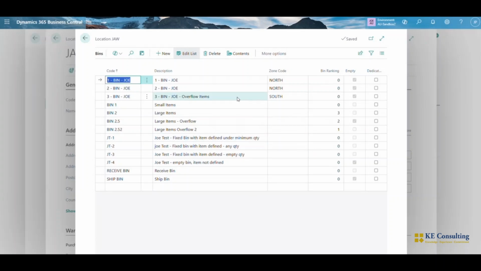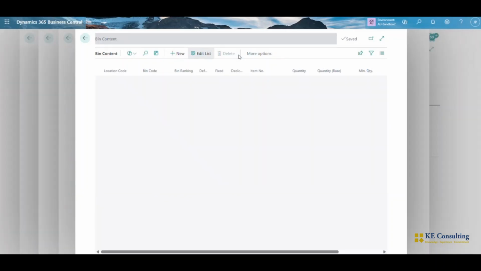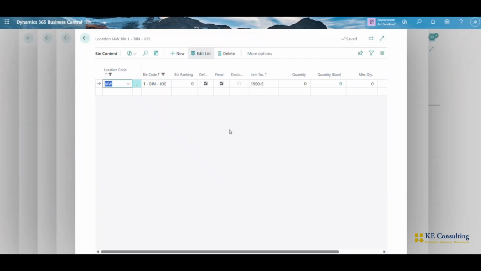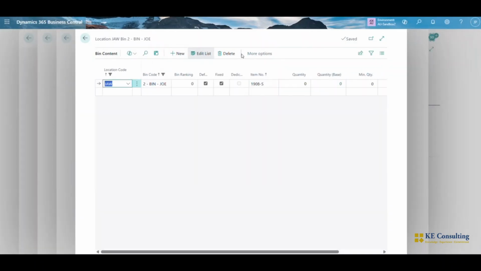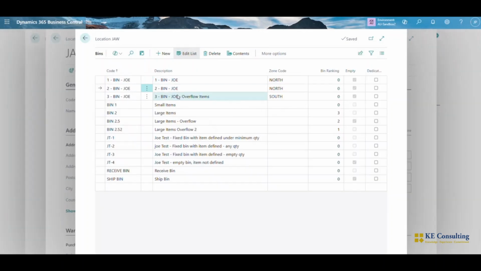So for this demo, we're going to use all three of these bins. So let's have a look at their contents. In bin 1, we have item 1900 and it's set to default bin. Again, all of the default and fixed bin explanations are covered in our bins video. If we look in bin 2, we have item 1908 and it's set to default and fixed. If we look in bin 3,